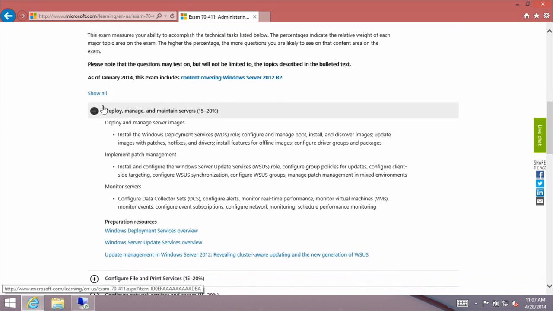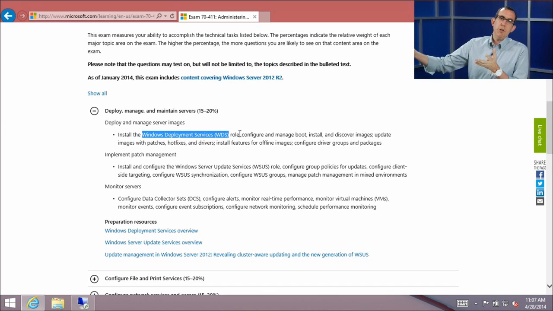So we're going to get into deploy, manage, and maintain servers. This one's kind of nice because it's some very distinct tools that you'll want to familiarize yourself with for this exam. WDS is the first one, Windows Deployment Services. Again, in terms of complexity, given some options that Microsoft provides, a very straightforward tool. You gather images. Those images can be customized using command line tools. You get into much, much more granular detail if you start learning about the Windows deployment options, the tools for managing images, the sources for images, for maintaining images, for updating images offline,